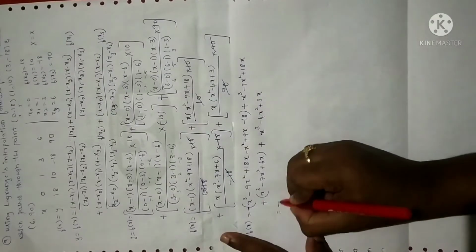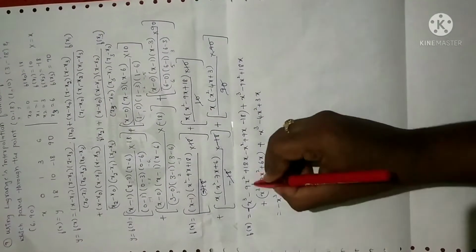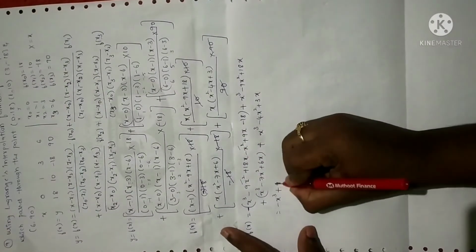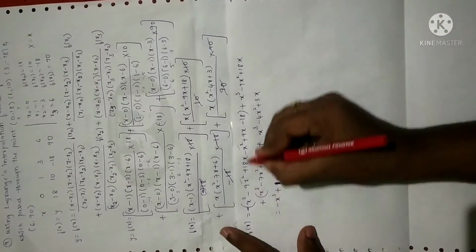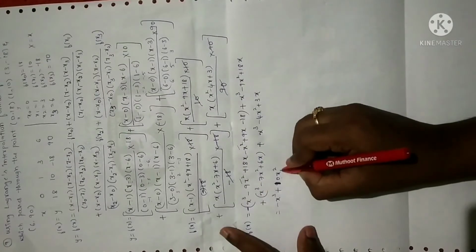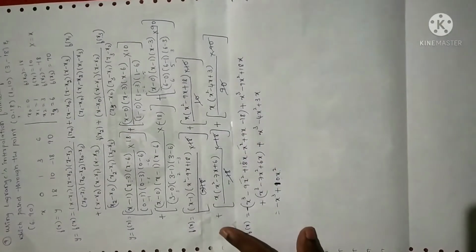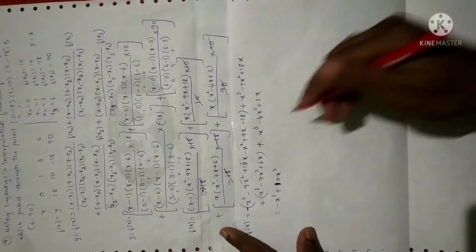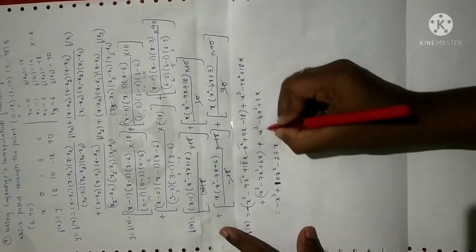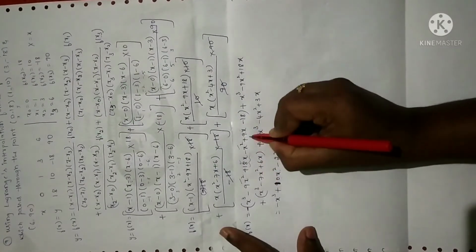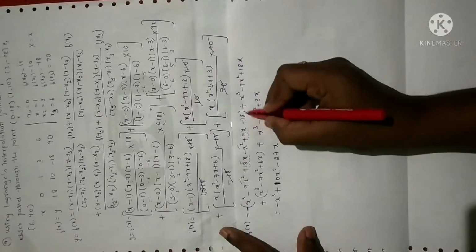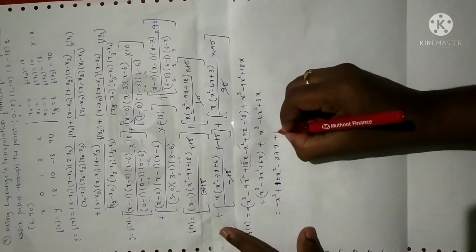Now let me multiply this minus inside, so that you will get minus x cube plus, see here, minus 9x square minus x square is minus 10x square. So minus into minus will become plus 10x square. Clear? Minus 9x square minus x square is minus 10x square, with this minus it will become plus 10x square. And again 18x plus 9x will give you 27x. With multiplication with the minus sign, you will get minus 27x. Again you have minus 18 here, minus into minus will become plus 18.